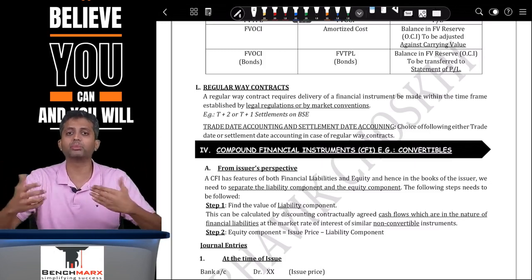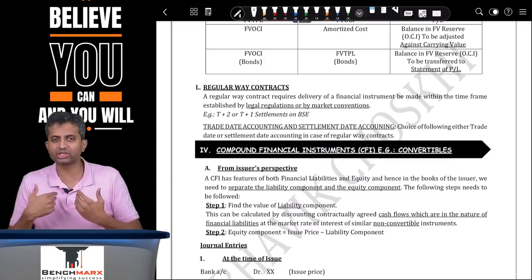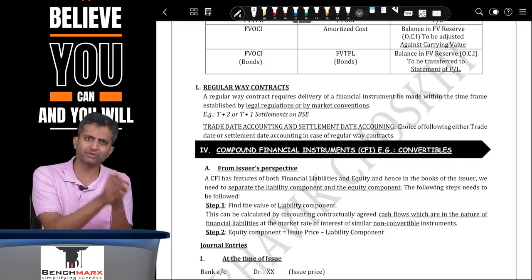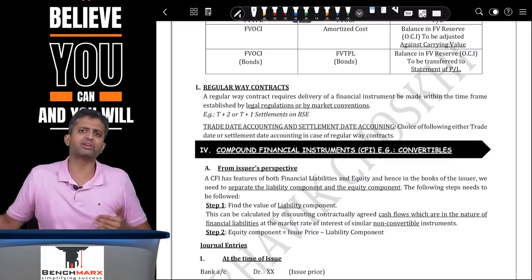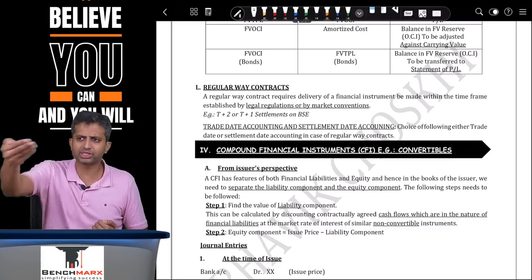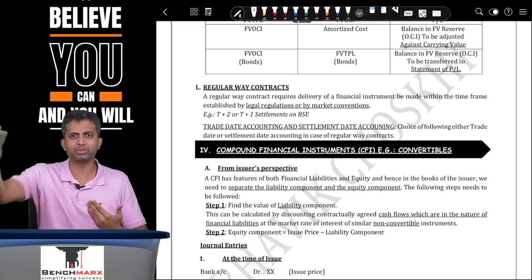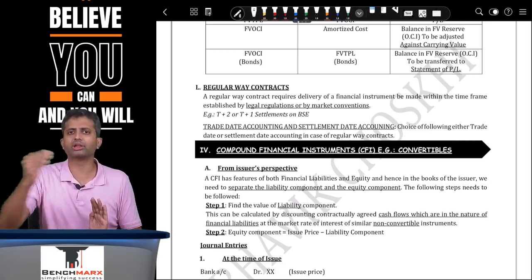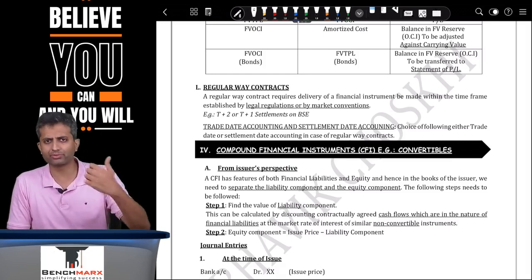Now this is the settlement period which is governed by the exchange. It is not something that you and I can decide, and hence these are called regular way contracts. In case of regular way contracts, the standard allows you to not treat it as a derivative contract. It is just a spot purchase, just that the settlement is happening after a few days based not on a mutual agreement but on a market stipulation, and hence it is a contract in a regular way settled at a future date, not a derivative contract, in which case you have an option of trade date accounting,